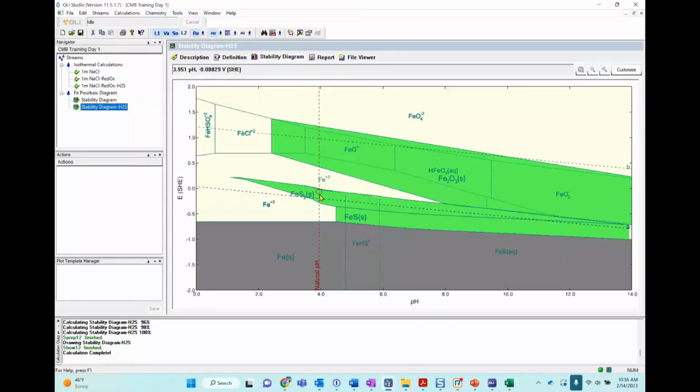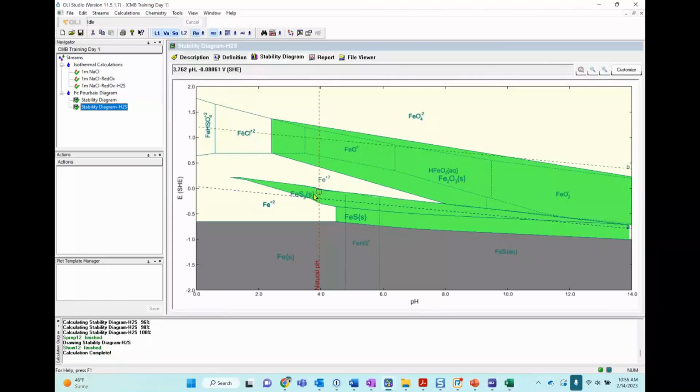We are actually forming another layer, an iron sulfide here. And actually, our system, you see the natural pH and the oxidation reduction reaction, is right on that layer.